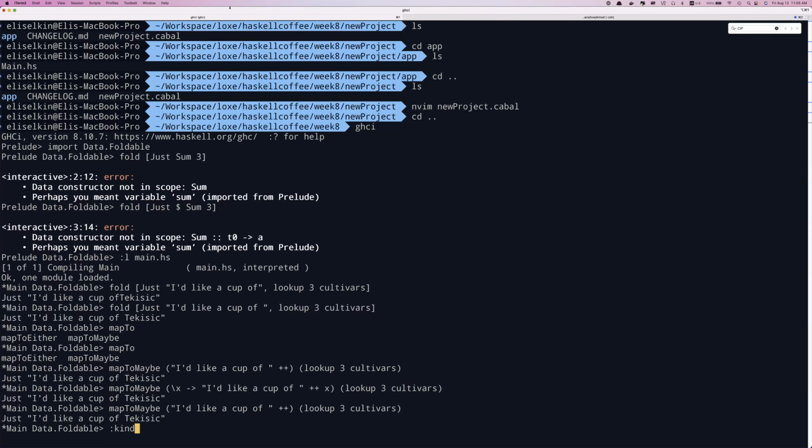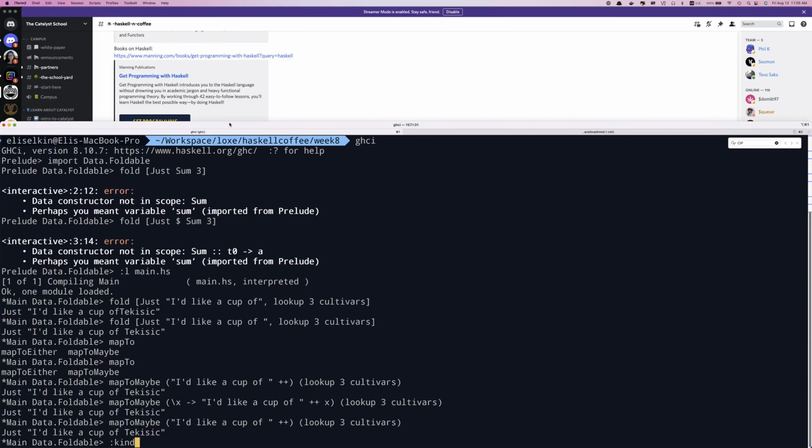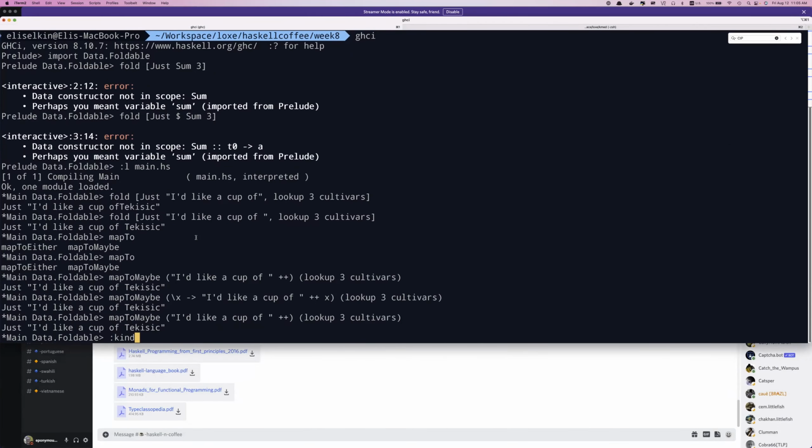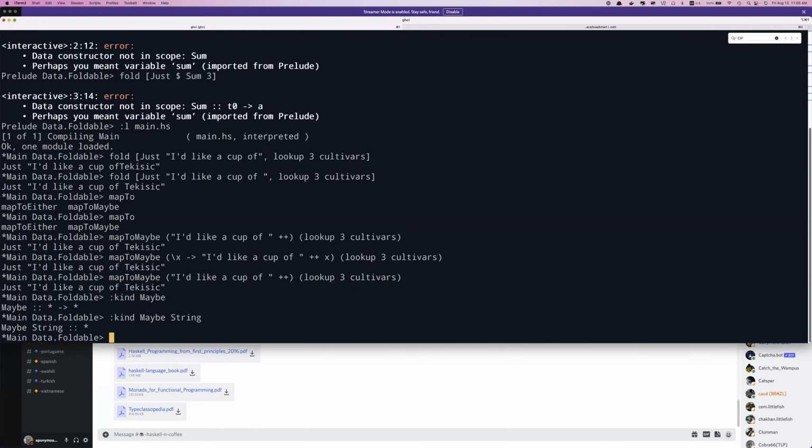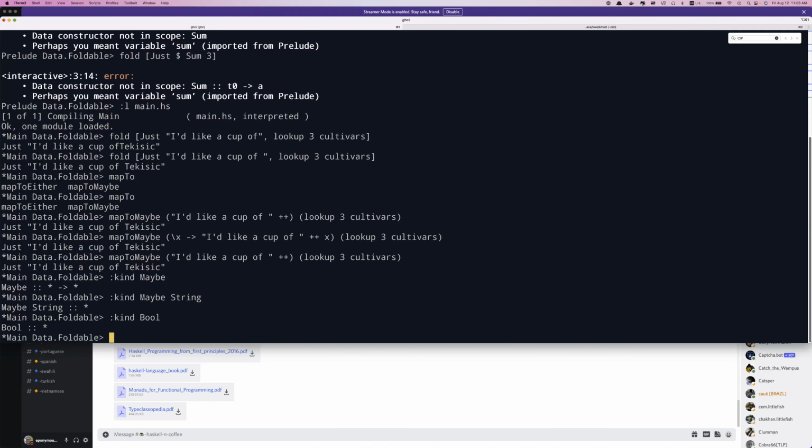Here, let me move this up on the page. You might have kind maybe, and that gives you the star to star. But if you fill in one of those stars, say if you did a kind maybe string, you'd get a maybe string has a type, has a kind star. And what other types of things have a kind star? Let's say bool. That has a kind star. So a bool,